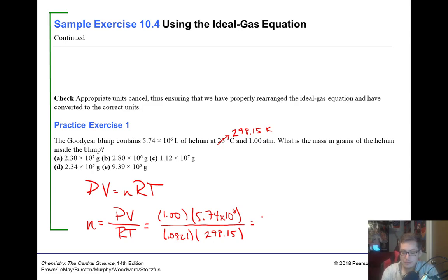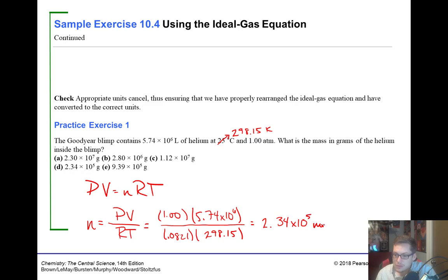We go 5.74 e to the 6th divided by 0.0821 times 298.15. If you do all that, you should have gotten a really big number, right? And that makes sense because it's a huge volume, times 10 to the 6th volume. So how many sig figs do we want? We want 3 sig figs. All right, so 2.34 times 10 to the